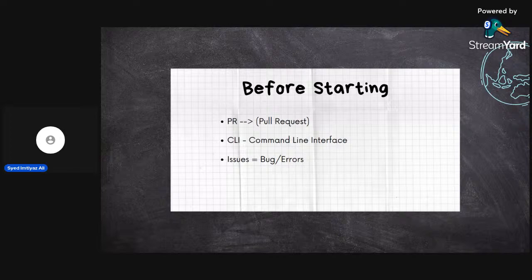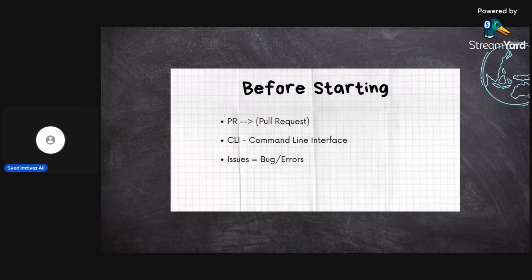And after that, we have CLI, the command line interface. Command line interface helps us to push and pull the code. Suppose you have a project and you want to push it to your GitHub. So you can do those things using CLI commands. And after that,